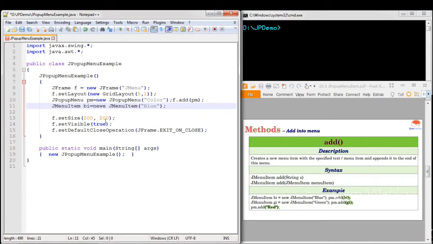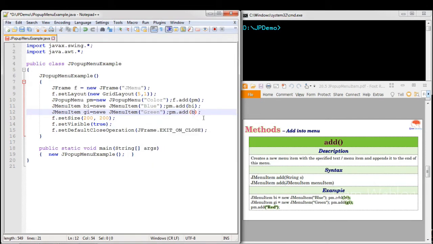Once it has been created, we are going to add that menu item into the pop-up menu. So pm.add(bi). Again we are creating another one, gi, where the caption is Green.